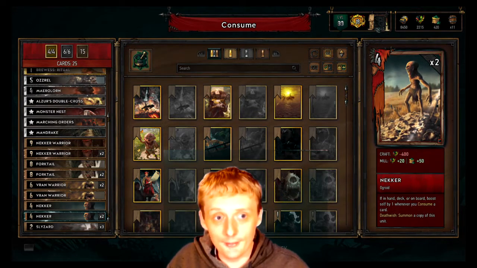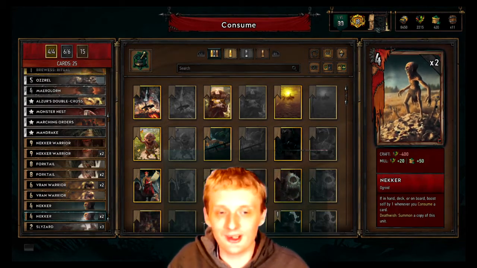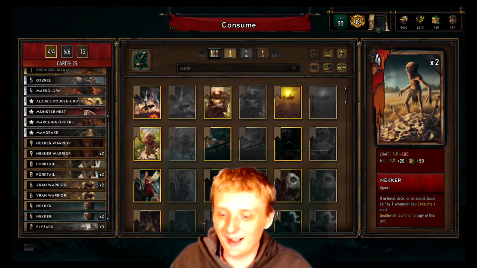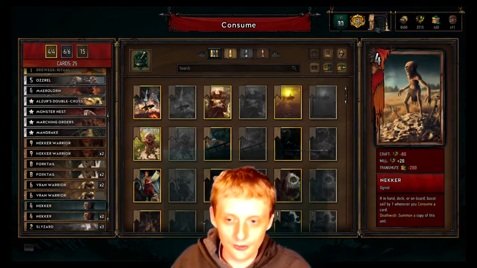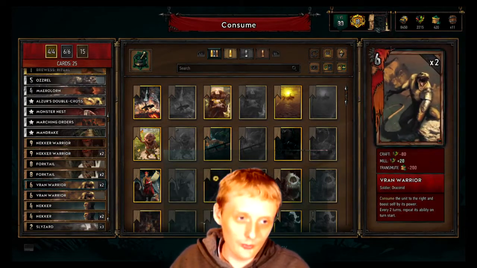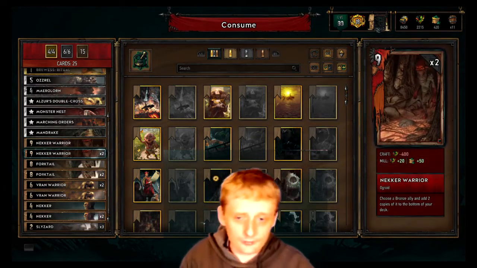But say you don't run Mandrake, well, pretty much every deck runs Mandrake nowadays, but say you Mandrake the first necker and then they have another necker. Well, then things like that I want to try to help you guys with. Since they count on the same 5-card combo, which is playing a necker, then playing a necker warrior, and then using a Vrand warrior to eat the necker warrior, and then using Slizzards to bring out more necker warriors,